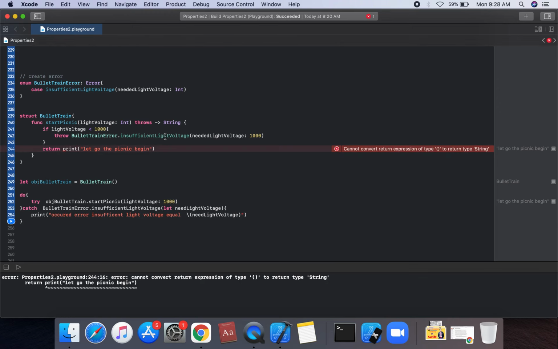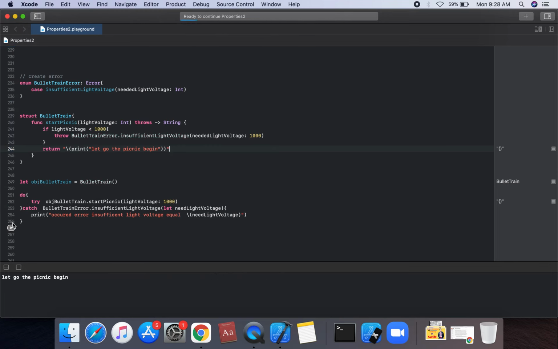Cannot convert the string type. Okay, suppose, and we can use a print statement. We can run this statement.